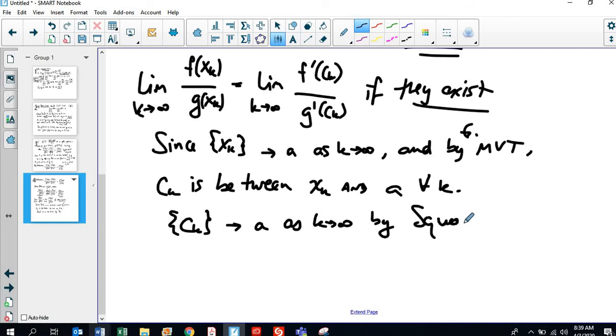All right, so I don't have any inequalities because technically xk might be bigger than a, so then ck is in between and xk is on the right, or xk might be less than a, so ck is in between and xk is on the left. It doesn't matter, right? The squeeze theorem gives us both sides. So ck is going to a, which means, by sequential characterization,